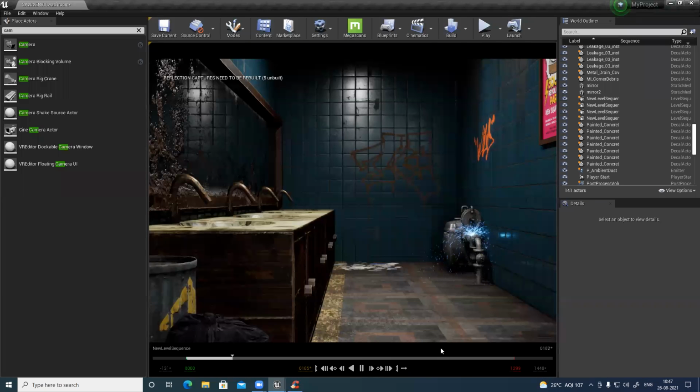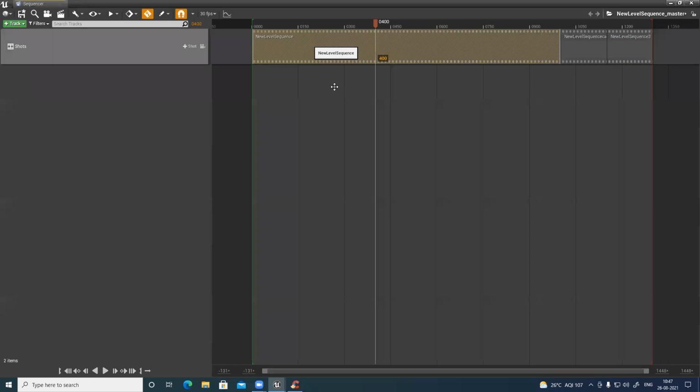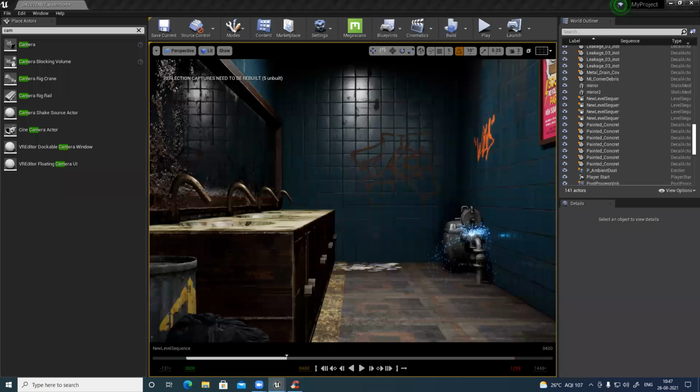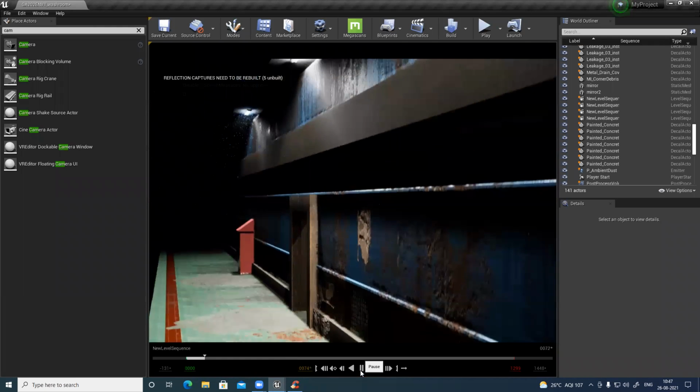Why am I not able to see anything here? Oh, finally, now it's showing. Camera 1, play.